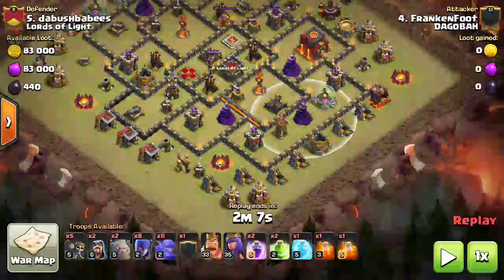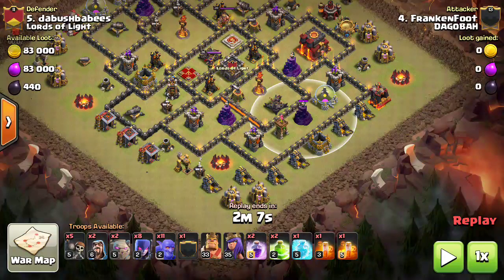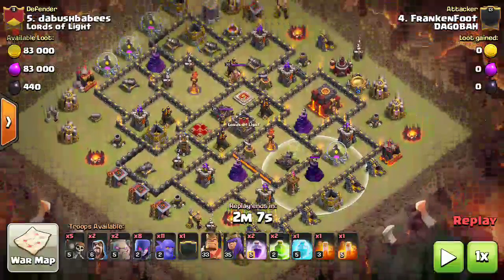This time I am bringing you a war attack. I happen to have both my heroes up and life is good. I dropped a GoBoWitch and I happen to walk away with 3 stars on this base,